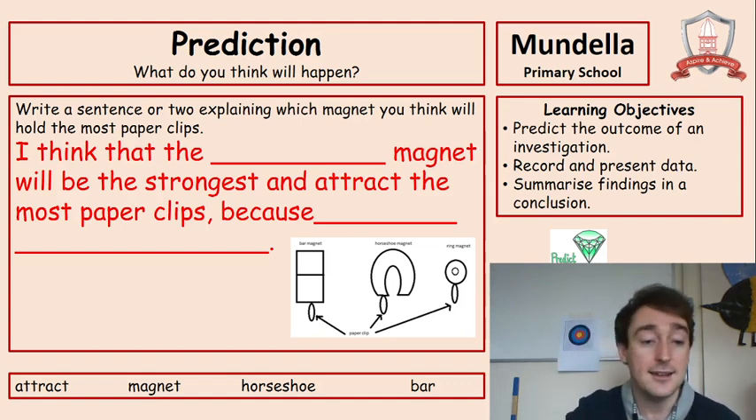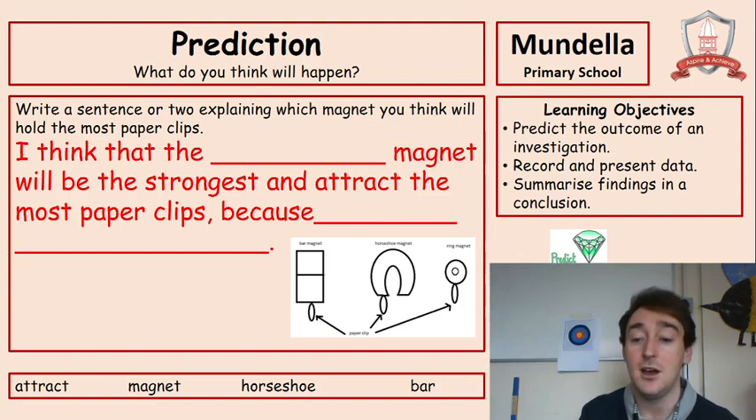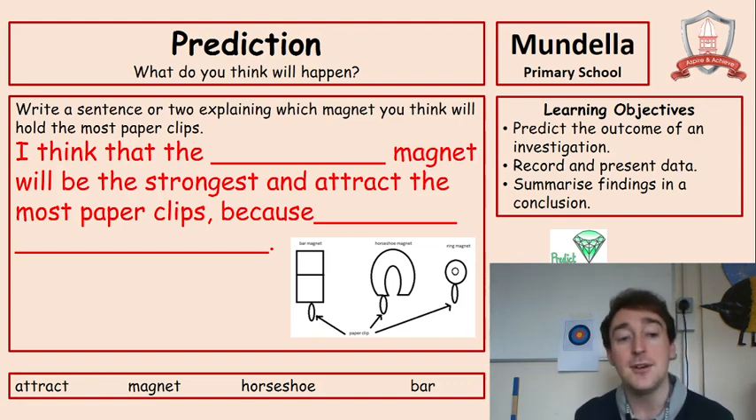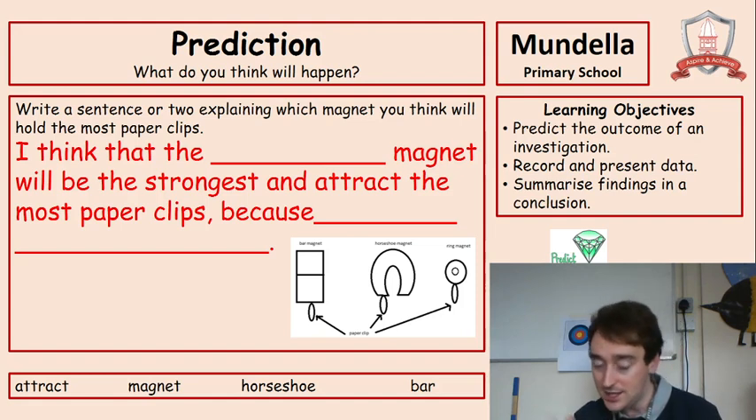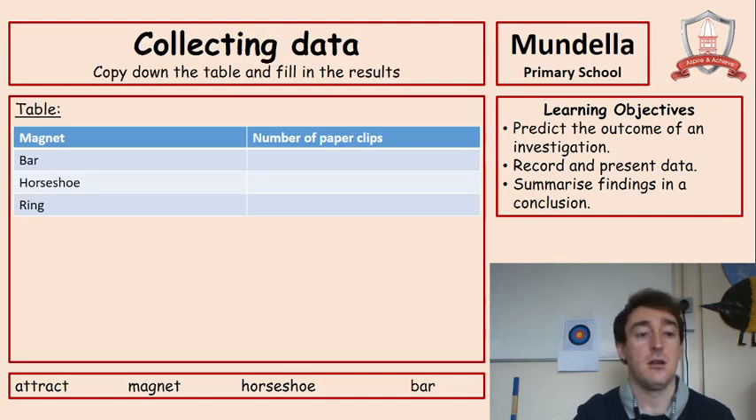So I think that the magnet will be the strongest and attract the most paper clips because... and then you can come up with an idea of why you think that is. So pause the video now, copy that down in your books under the headline prediction, and then unpause when you're ready. And we will move on in 3, 2, 1, now. Okay,